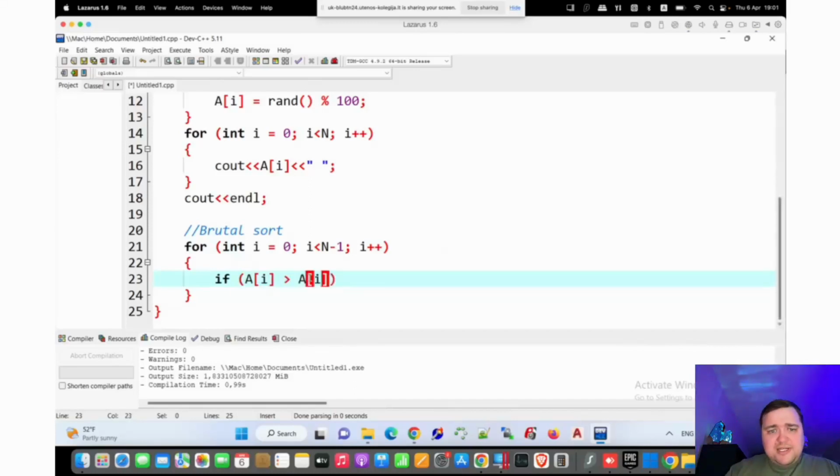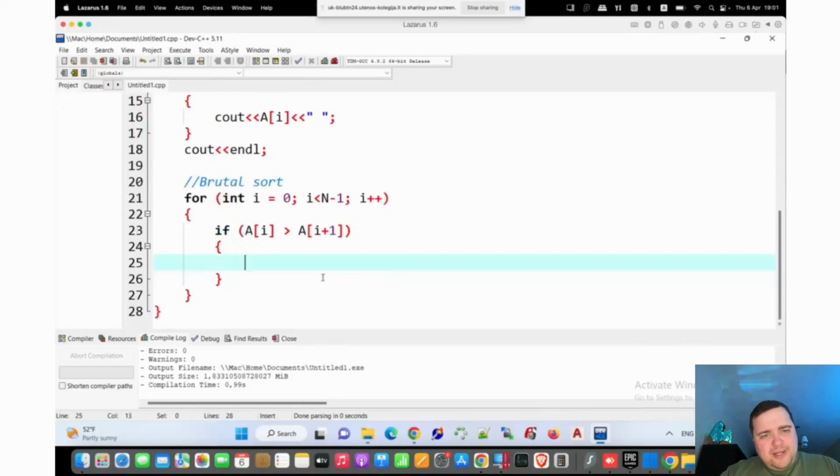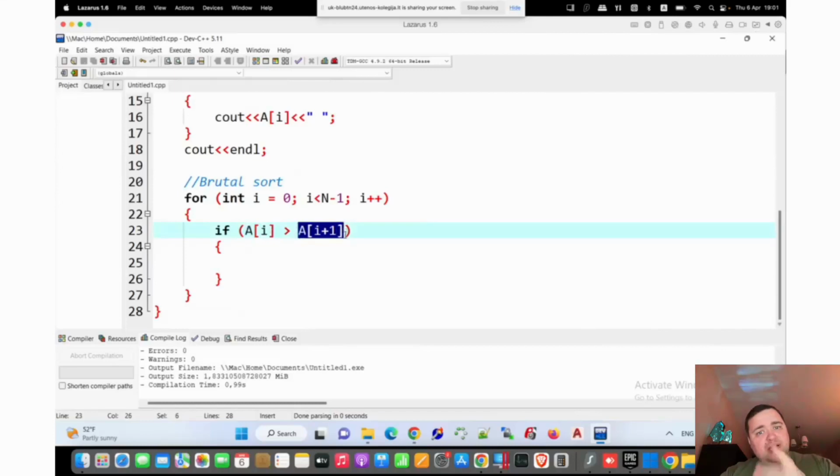Well, but what is the next one? Well, it's i plus 1, like the current one and the next one. So if they're located in a proper way, because I would like to have ascending order. So from the smaller value to the bigger. So if on the left I have the bigger value than on the right, then I will have to change